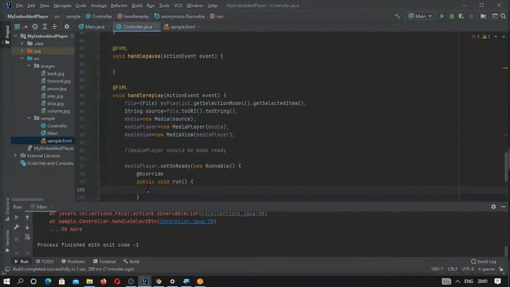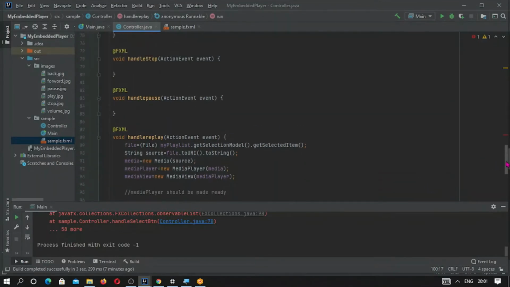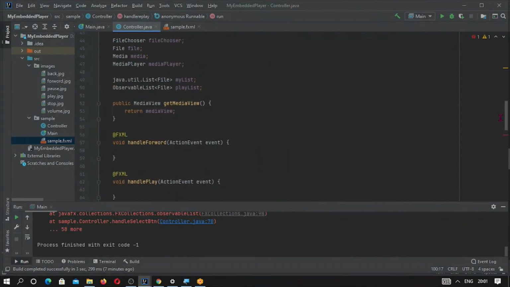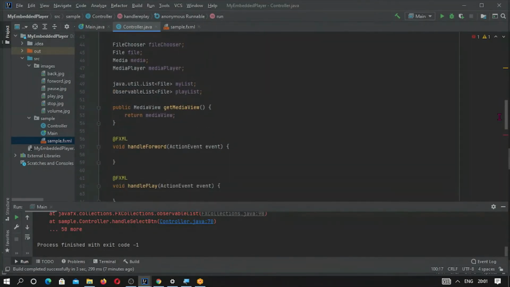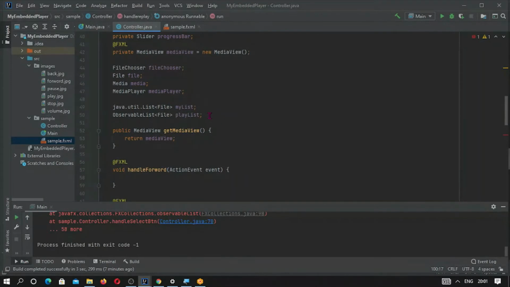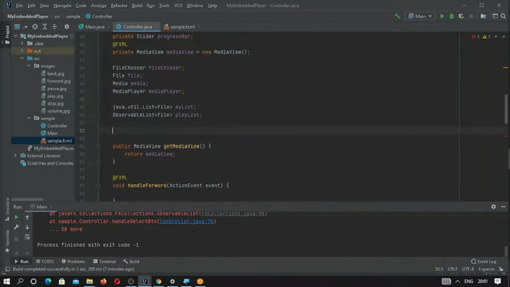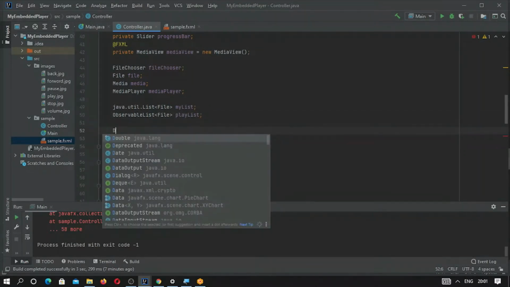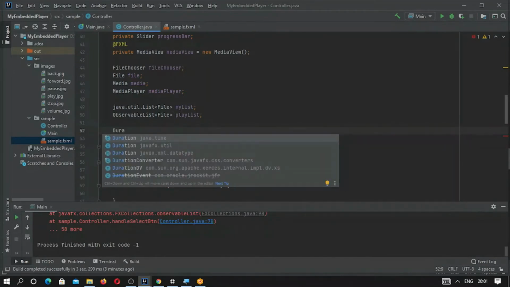So we will simply take the duration first. Let me create an object of Duration. These are the objects which will be required, so we are declaring them globally here.